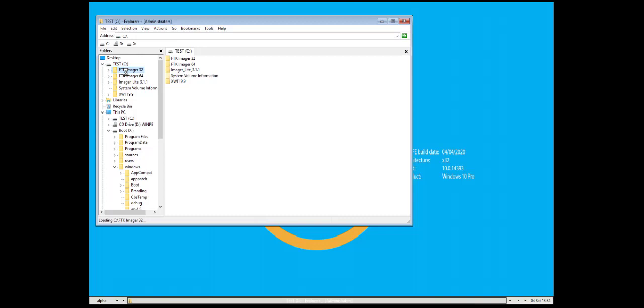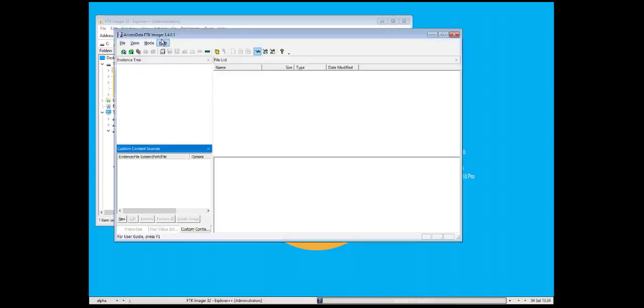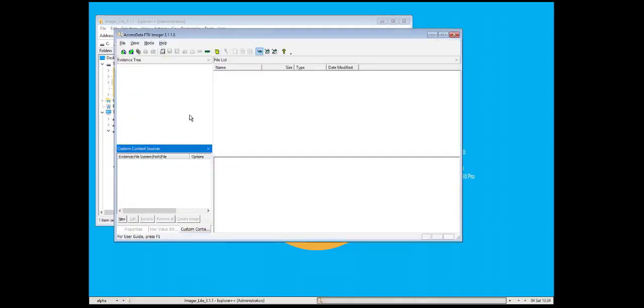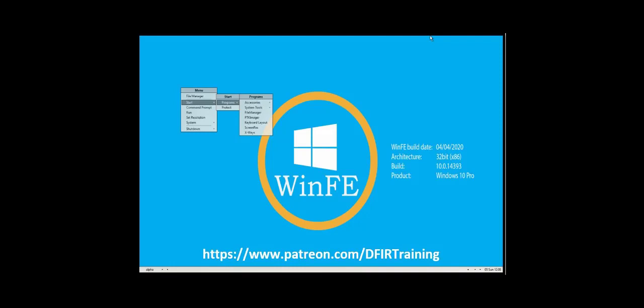So here's my external drive, my USB drive. You can see that I have FTK Imager, different versions of FTK Imager Lite, the 3.4, I think 3.1 for the Lite. I have X-Ways Forensics. If I have other tools, I can use them just off of my USB drive. And if I want to add more tools, I can just add them to my USB drive without having to rebuild WinFE. So there you have Mini WinFE, the new version. It's the Write Protect tools updated, quick and easy to build. This is a short version of how to build it in 10 minutes or less. It may take a little bit longer than that to build it, but